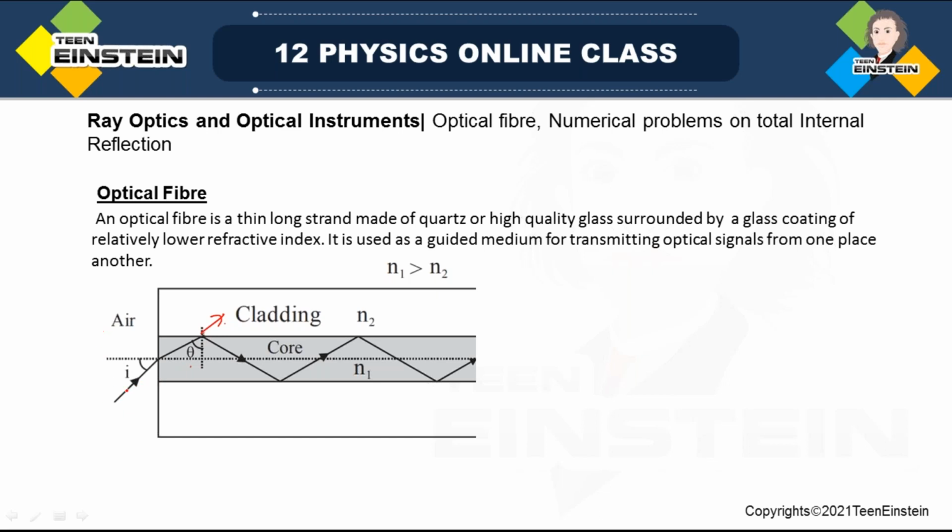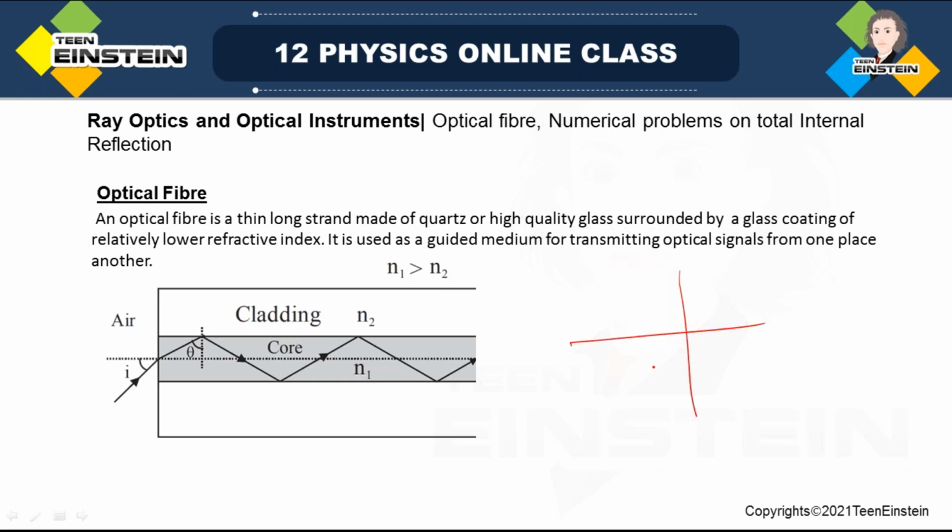See, this is the outer portion, suppose just the entrance of the tube. Suppose a light signal is just entering into the core material, and when it goes here, this is the interface. I have two media, one with refractive index N2, another with refractive index N1, and N1 is greater than N2. That means the light is going from denser medium to rarer medium.